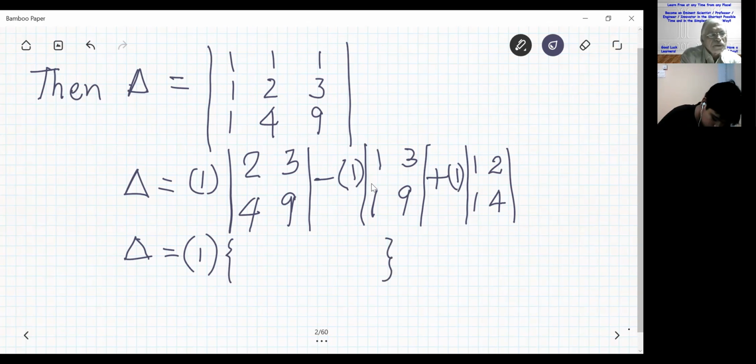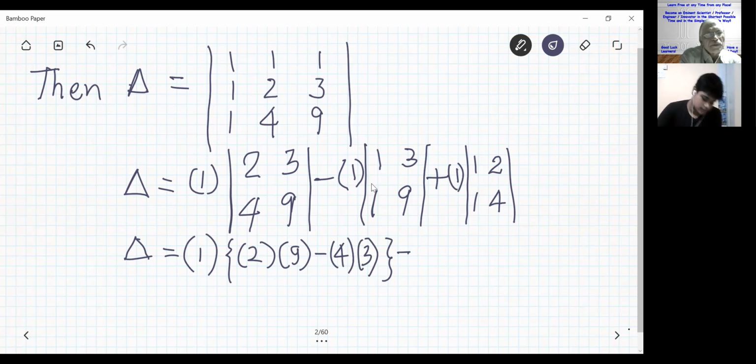So 2 into 9, then minus 4 into 3. Correct, minus 4 into 3. Then there is a 2 minus 9s are 18. No, you can do 4, it. You are 4 3s doing are 12. Step by step means like that. Otherwise, you have to do this way. So our answer is 6. You have to do that one.